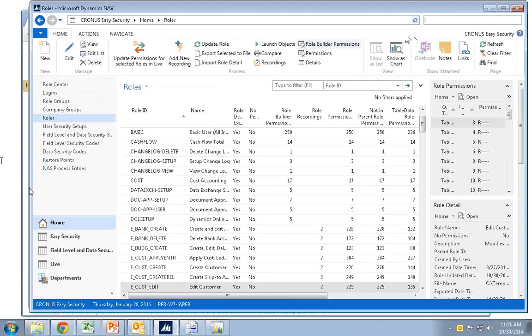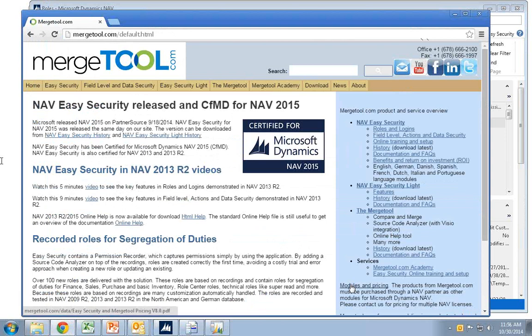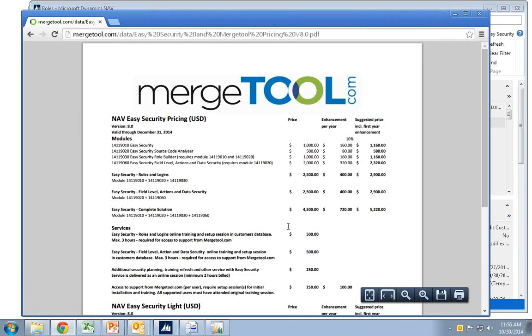Here's one. We just want to double check that training and support is part of the setup charge. I won't call it necessarily a setup charge because we can't do everything ourselves without ABC Computer helping us, because ABC Computer is basically the one knowing how your system is working technically. But our parts of the roles and logins training and the field level security include actually running through and installing with the basic settings in here. The support is also in here.